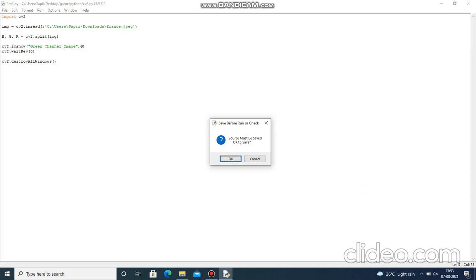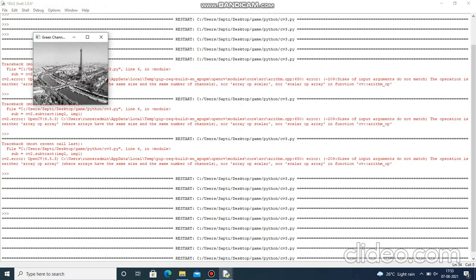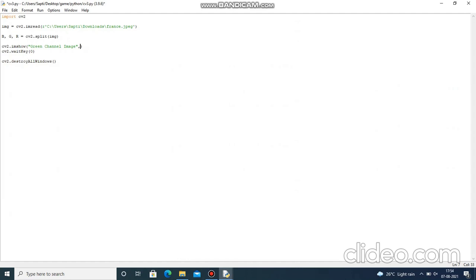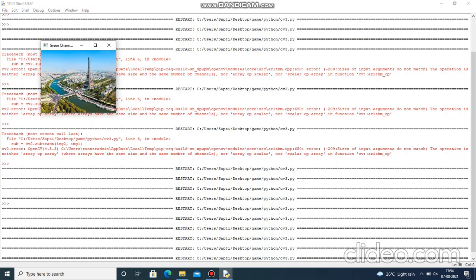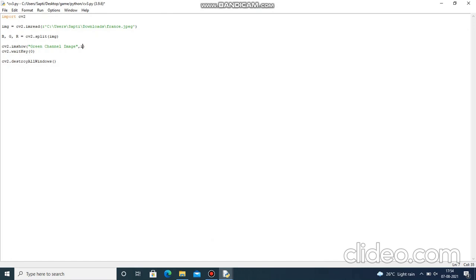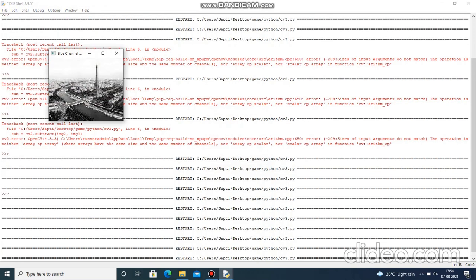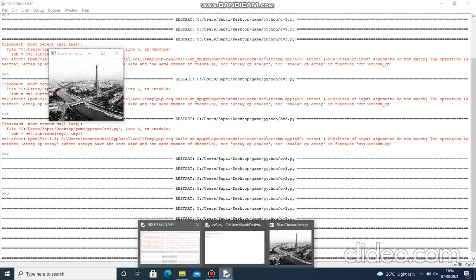Now let's see how the green channel image looks. You can see that all the green has been taken off. So I'll show you how the original image looks. Let's show the img, and this is the image with the green, blue and every color. So let's check how the blue channel image looks. Yes, here you can see the sky became white. Why? Because it's a blue colored sky and the blue channel is removed, right? So that is the reason.